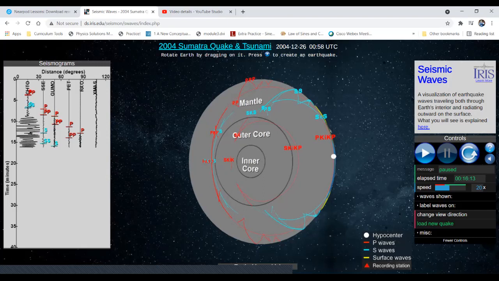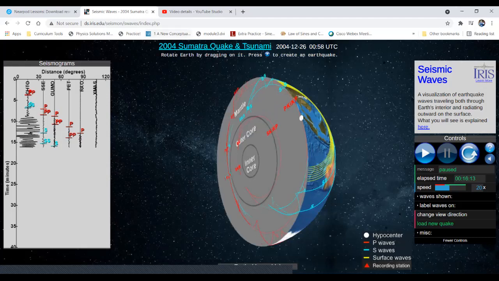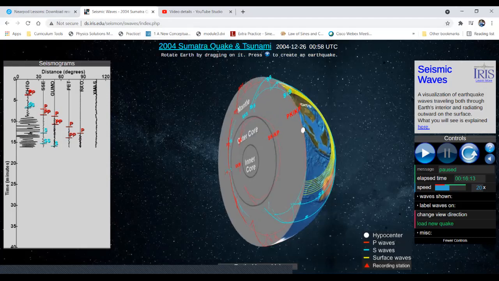But there's a lot of rock. And so those mechanical transverse waves can still travel through there, but they cannot reach the outer core. This is how we found out that the outer core of the Earth was liquid, because these mechanical transverse waves can't pass through it. So let me stop that